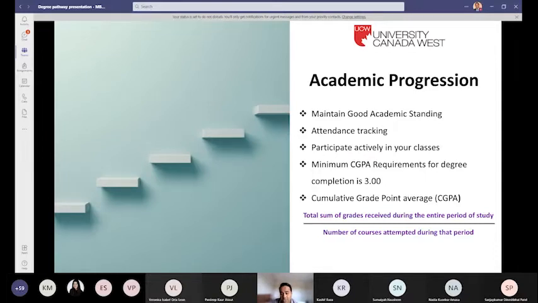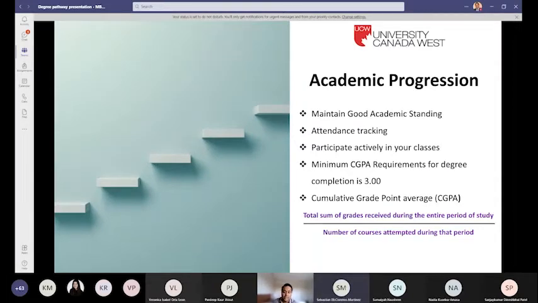You need to maintain a minimum CGPA requirement for your degree completion, that is 3.0. So at any given point in time, you want to make sure that you stay in good academic standing. If you want to understand how good academic standing functions, we will cover it briefly here. However, we will also cover it later in the one-on-one sessions that you build with your academic advisor.